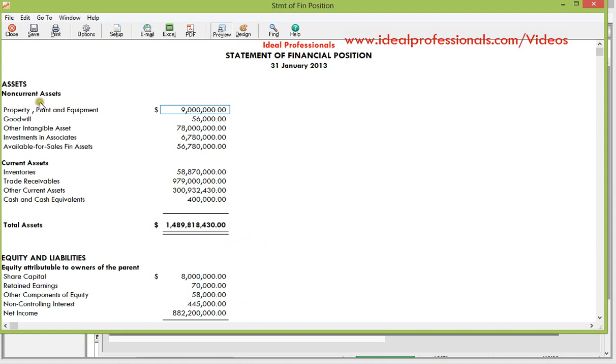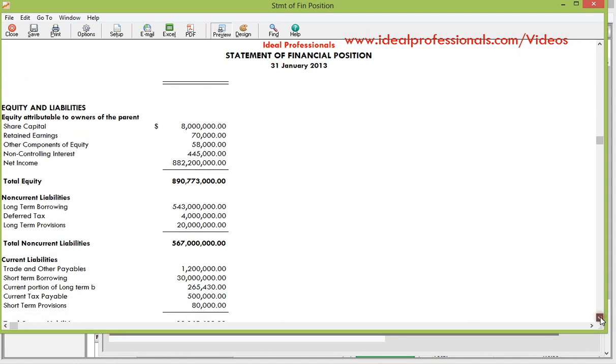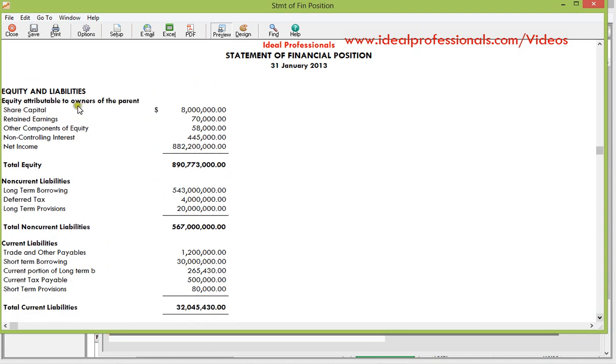Assets, non-current assets, property, goodwill, investment and associates, available for sale financial assets, current assets, total assets, then we also have our equity and liabilities, equity distributable to owners of the parent, share capital, retained earnings, other component of equity, non-controlling interest, net income, total equity, non-current liability,